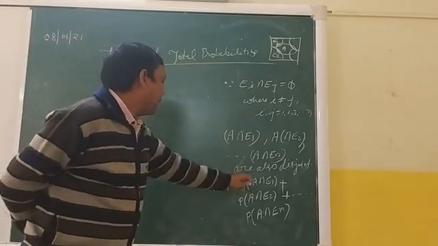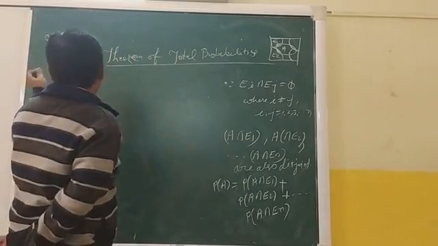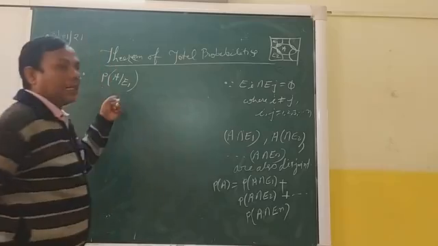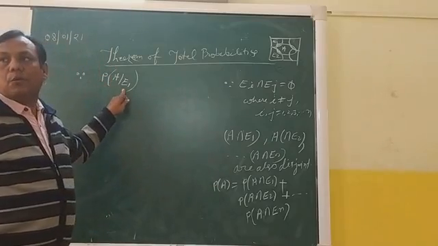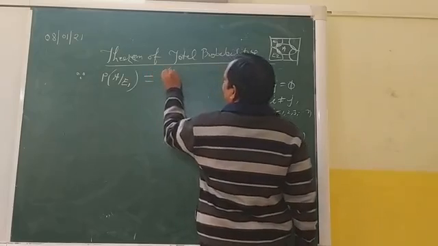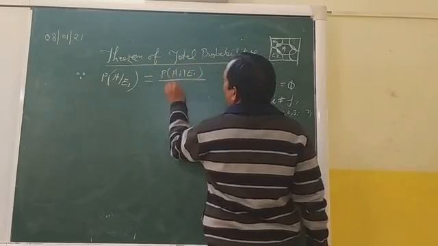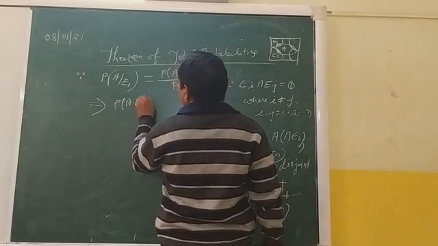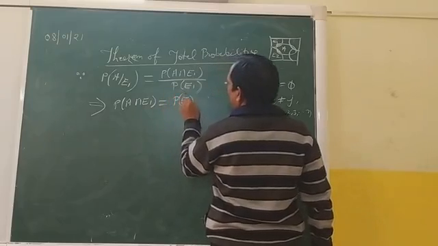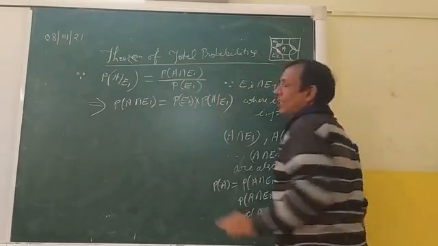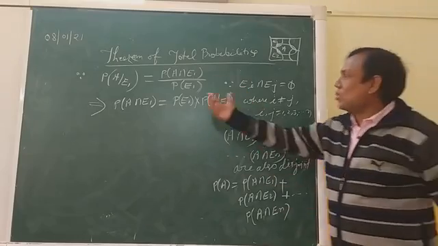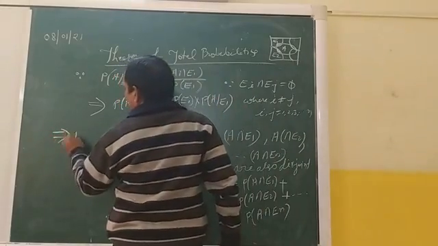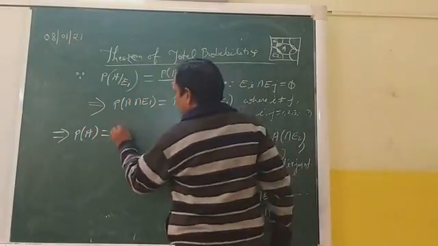Now, what can we write this as? See, one thing I want to show you here. Since, suppose I am taking an example here only, so that I can move further. A by E1 is the conditional probability. P of A by E1 is what? P of A intersection E1 divided by P of E1. What it means is that P of A intersection E1 can be written as P of E1 into P of A by E1. Can we write like this? I have just cross multiplied, nothing. This is called the multiplication rule. Okay? So the multiplication rule I have written, which implies we can write here PA equal to, this can be written as PA, I am writing fast,